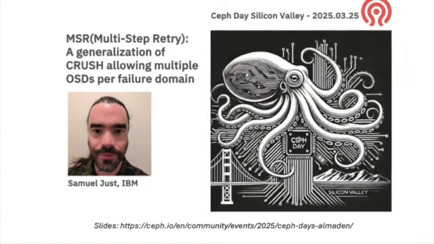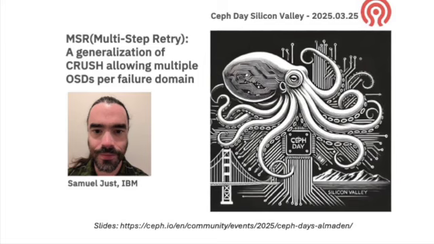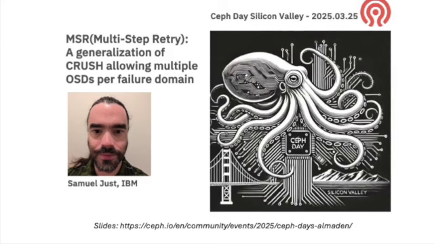So there's only one catch. That's not 2 hosts, we've got 3. So I would say, don't worry about it. 3 hosts is fine. So the key observation is that CHOOSELEAF is a very special snowflake. It only ever maps a single leaf to a single host, right? So if we get an out OSD, there's nothing else there. We don't have any other OSDs on that host. We can just retry. But with MSR, let's say we don't hit an out OSD until the 3rd of 4